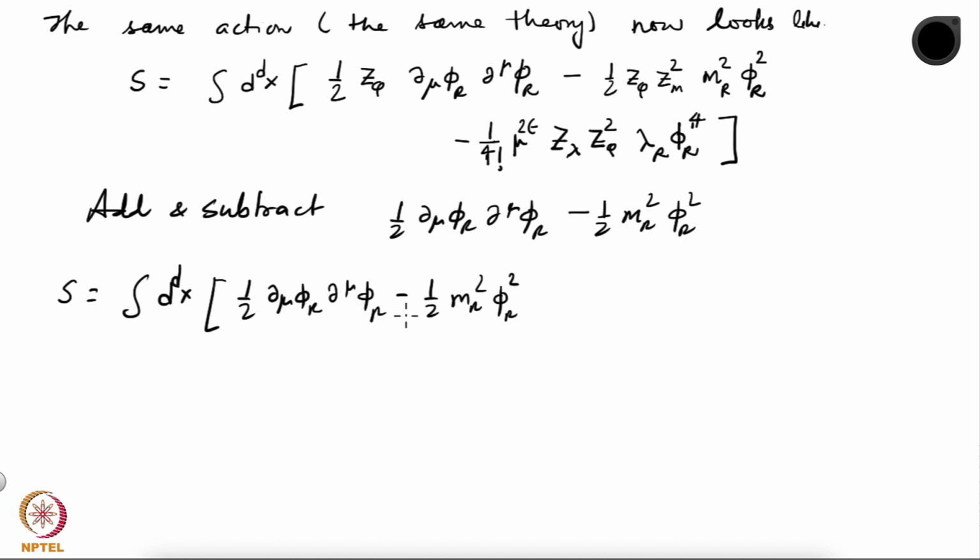Okay, now I should subtract this from this action, right? So that it means that I have not done anything, I have not altered anything in the action. So when I do so, I will get the following terms. So I will write this half Z phi del mu phi r and subtract from it half del mu phi r, which will give me half